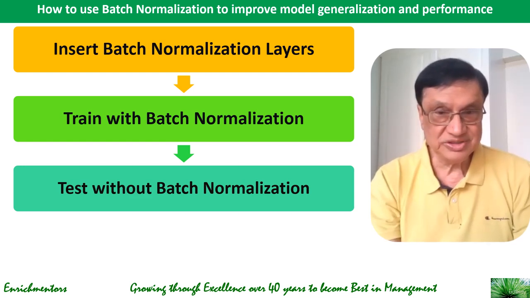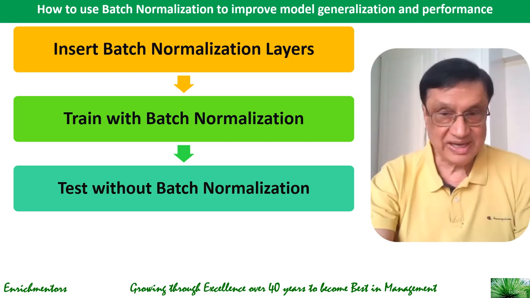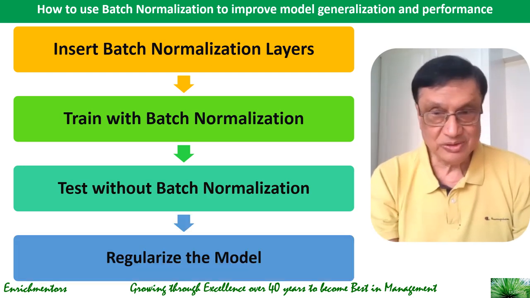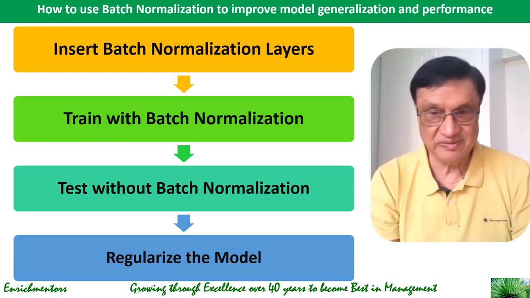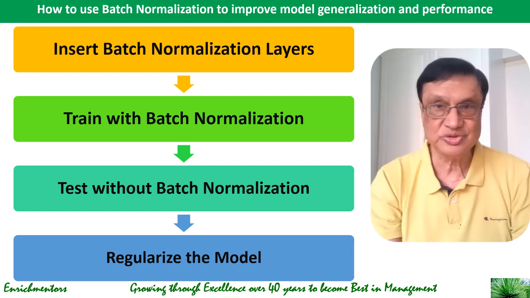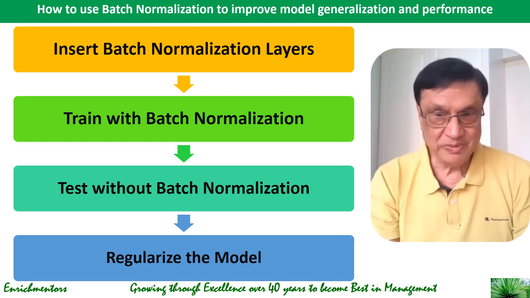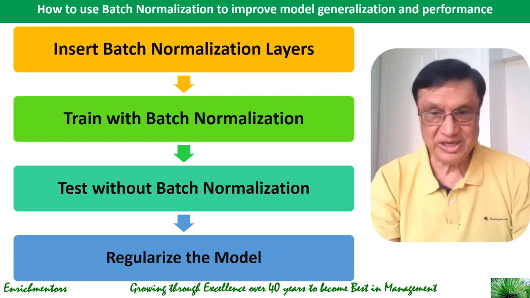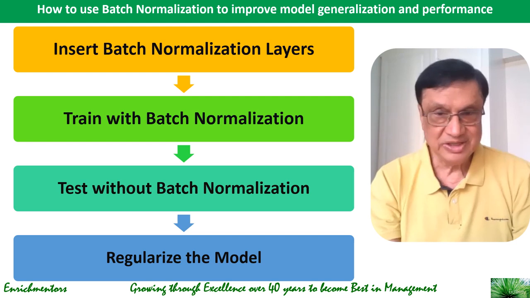Then what you do is you regularize the model. Batch normalization acts in the form of regularization by reducing internal covariate shift and preventing the network from becoming too sensitive to small changes in the input distribution. And by normalizing the activation of each layer, batch normalization helps stabilize the training process and improve the generalization of the